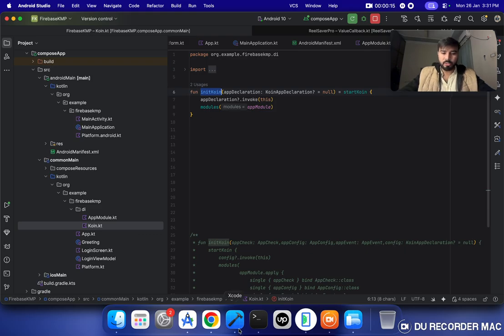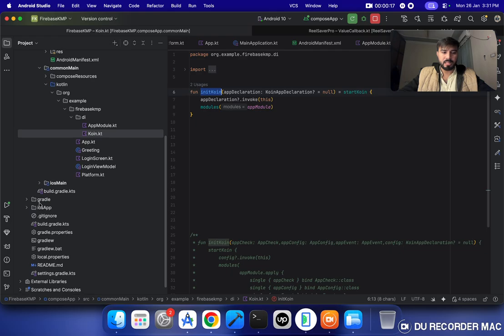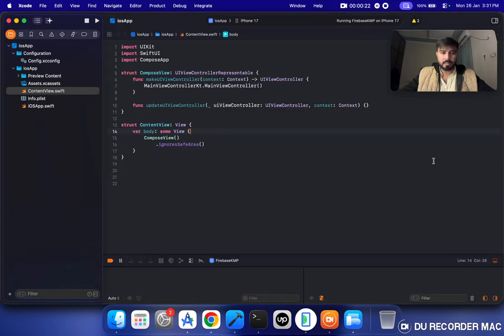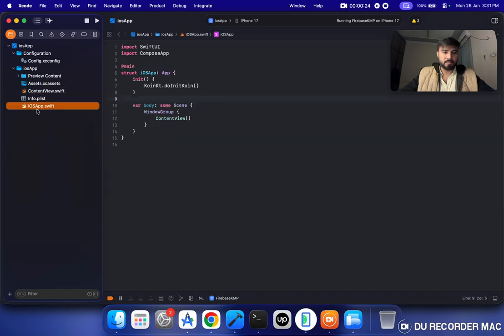If you remember, we already opened this iOS app in Xcode. If I go over here and open this app, this is the first part of the application which runs when we execute this iOS application. So here we have to initialize the Koin dependency as well, right? So Koin.kt, if I go over here,